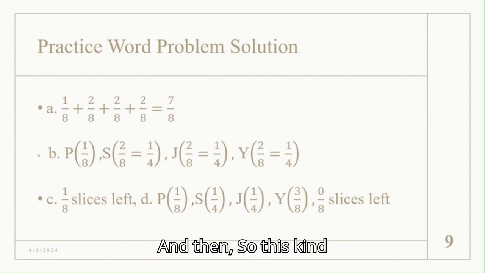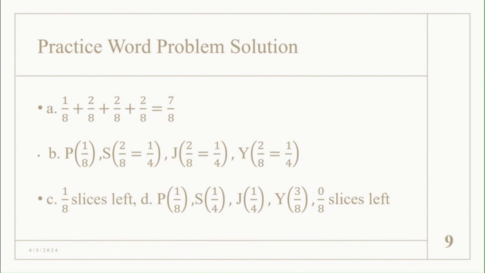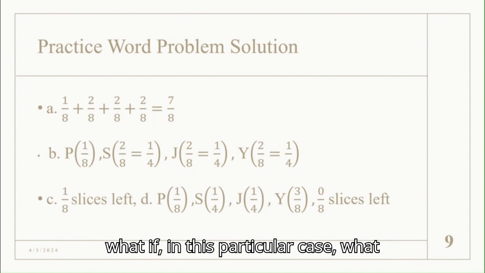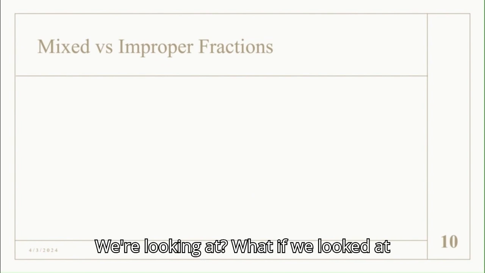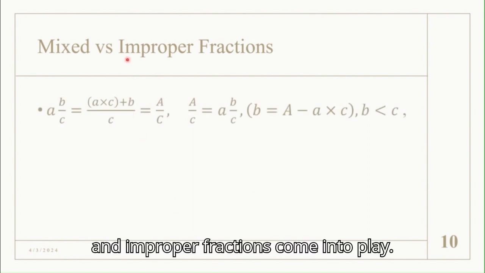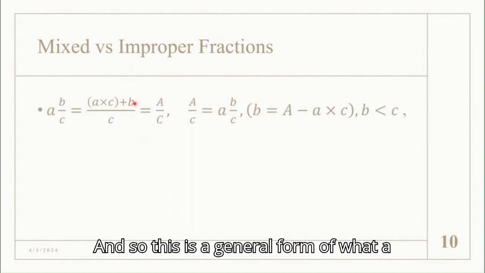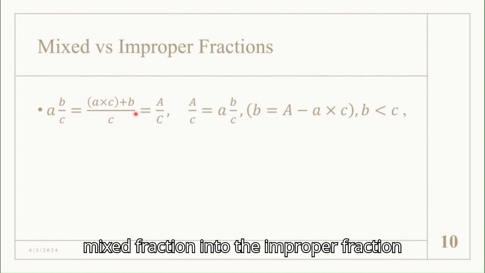And so this kind of starts to bring us into the idea of what if, in this particular case, we had more than one whole, more than one thing we're looking at? What if we looked at more pizzas? Well, that's when mixed and improper fractions come into play. This is a general form of what a mixed fraction is and how we get the mixed fraction into the improper fraction form,